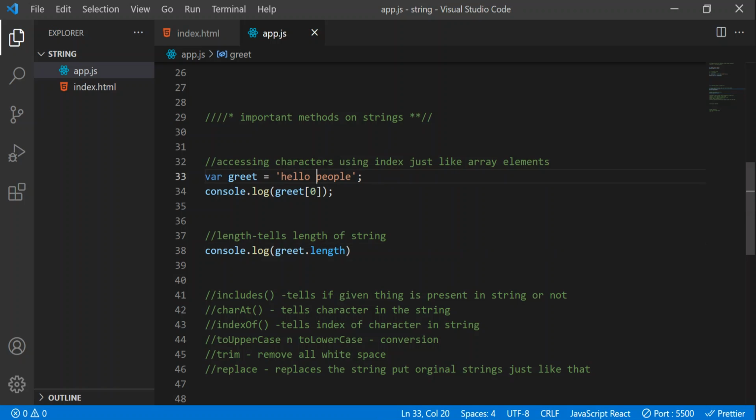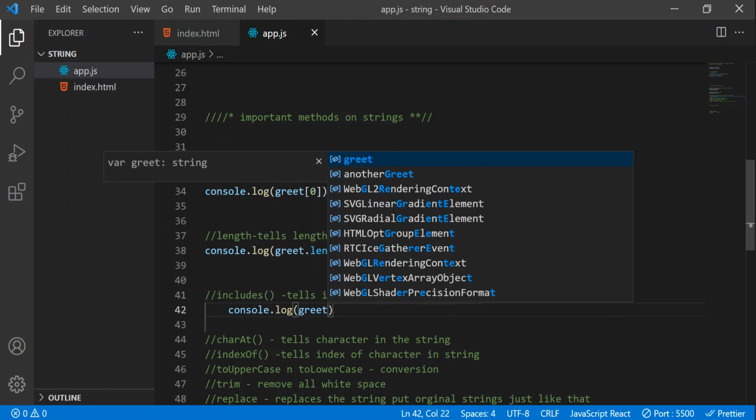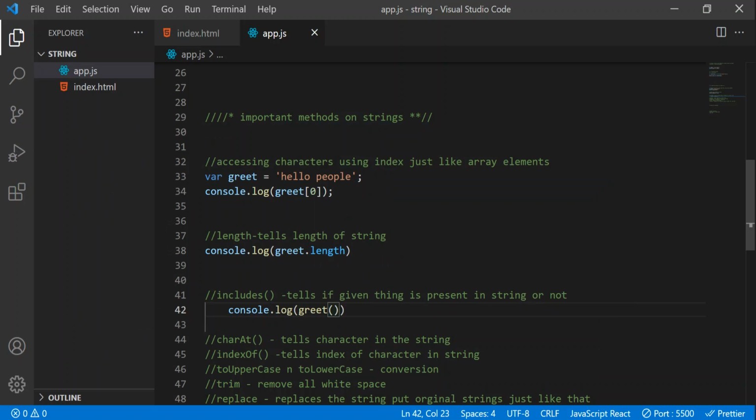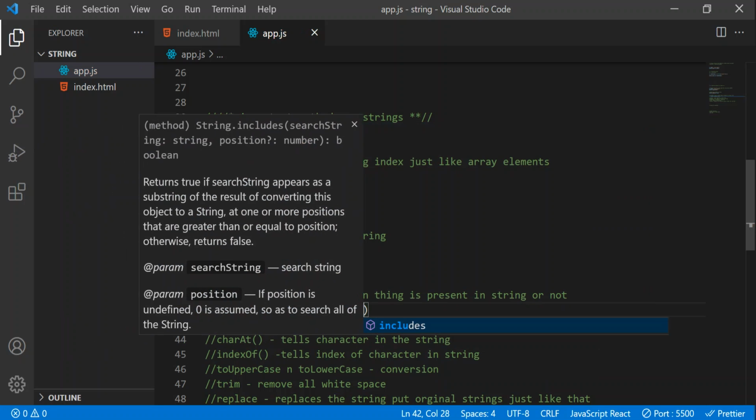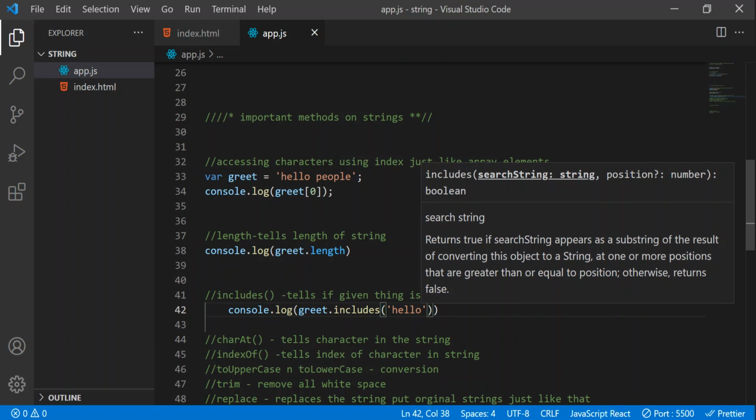Let's go to the third one, includes. Includes tells if a character or text is present inside the string or not. For example, I'll write console.log, greet, then includes, and I'll open parentheses and pass hello.